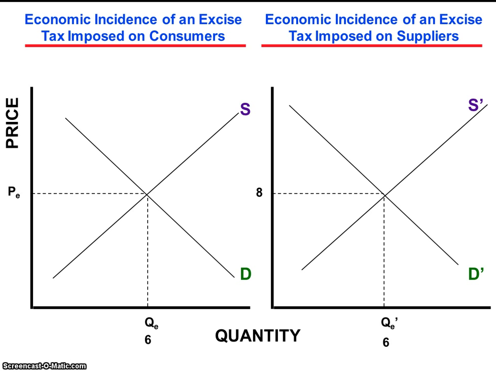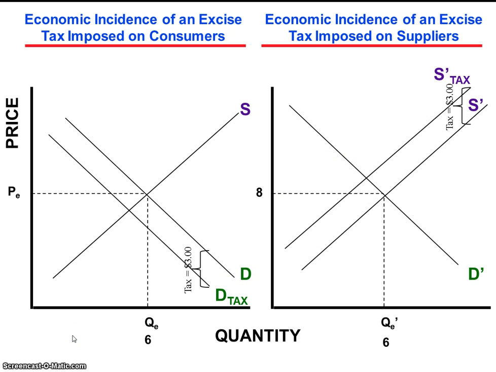Here we see our original hypothetical competitive market represented side by side. In the graph on the left, government will impose the statutory incidence of the tax on consumers. In the graph on the right, on sellers. We see the respective shifts in demand on the left and in supply on the right as previously described, in the amount of the tax, $3. We also see the reduction in output as an effect of the tax in each alternative from 6 to 4.